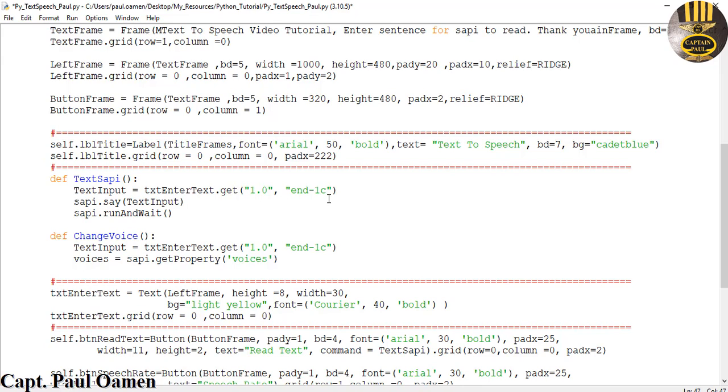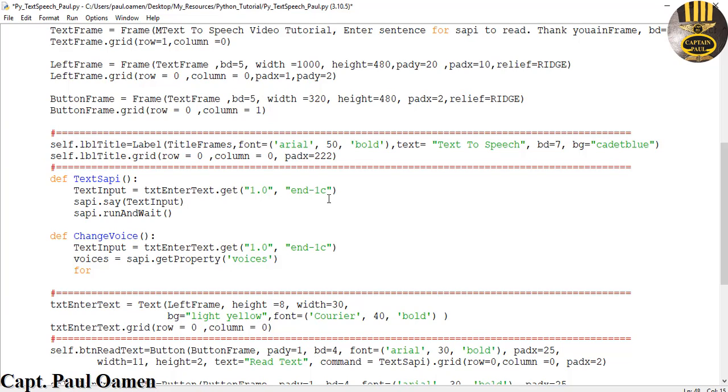There we go. Now I'm going to use a for loop in there. So let's say for voice in voices, with an S,